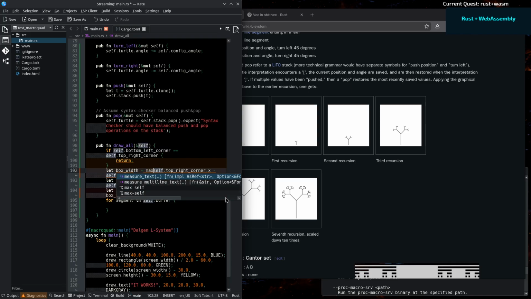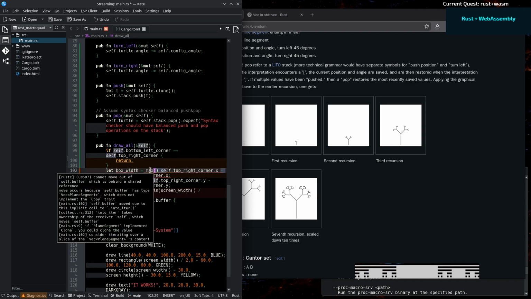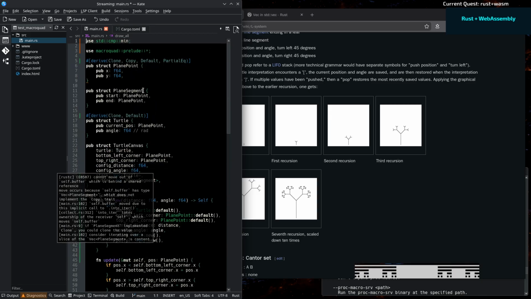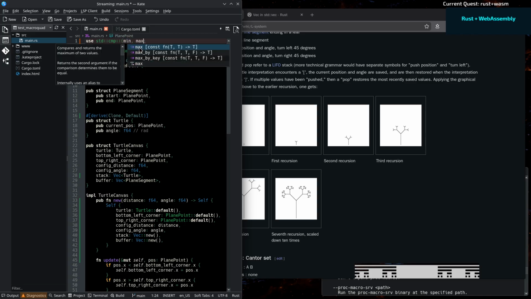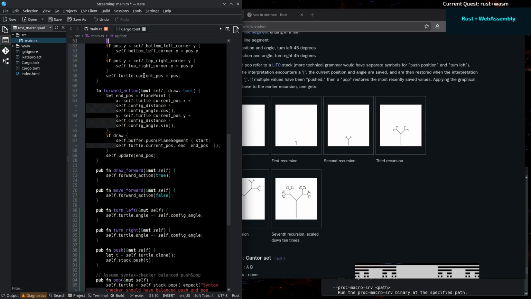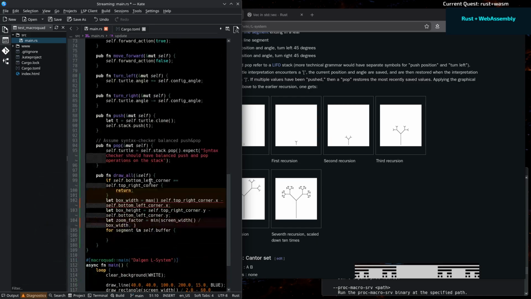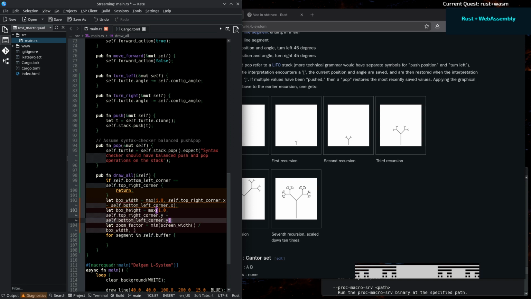So we're going to take the maximum number between 1 and this, and we're going to do the same for the height. So we guarantee that the